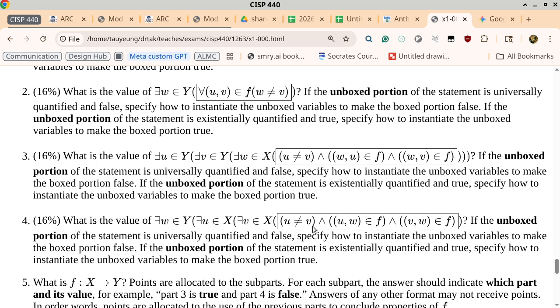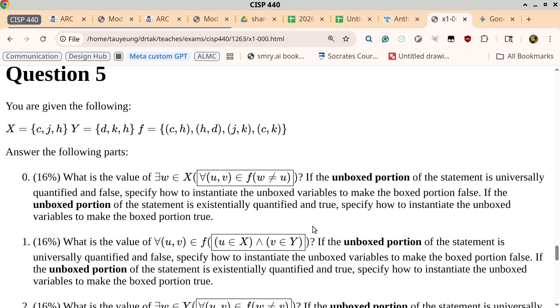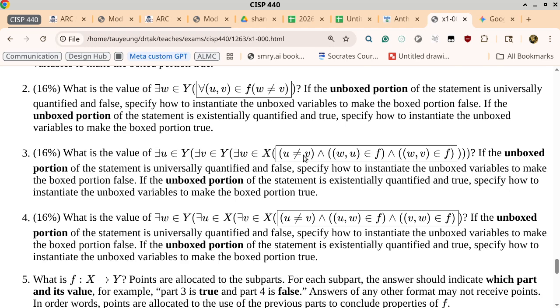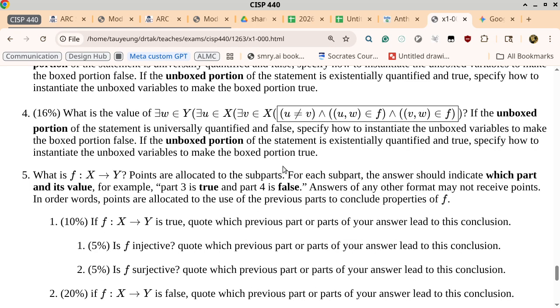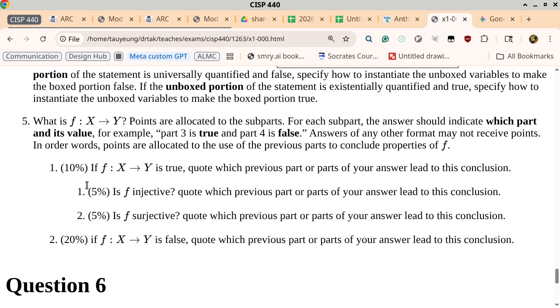In this case, let me see. It's not because C maps to two different things. It is because both J and C map to K. Yep. So that's pretty much the five quantified expression, and then the answer to part five depends on that interpretation, and